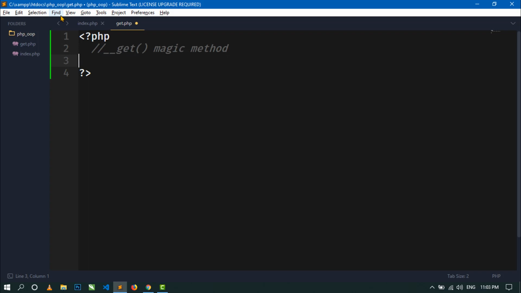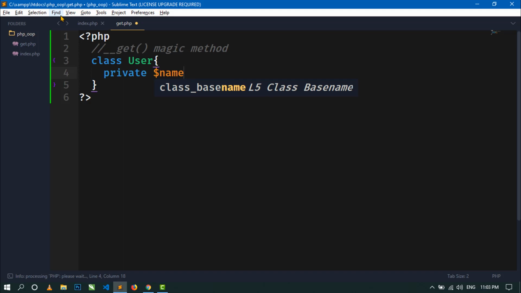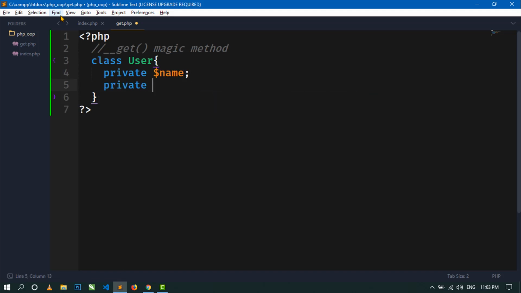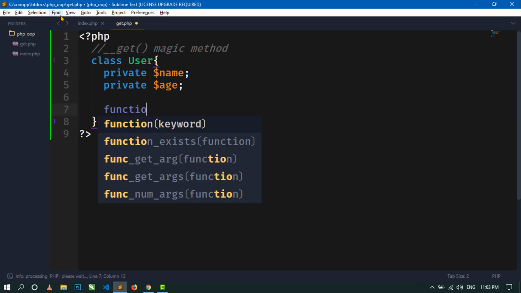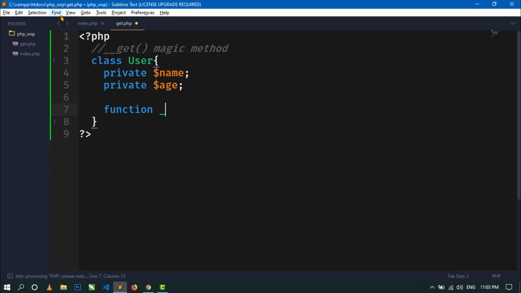Now first I will create a class, and I will declare some member variables as private: private name and private age. Now I will also define a constructor method for this, so function construct,